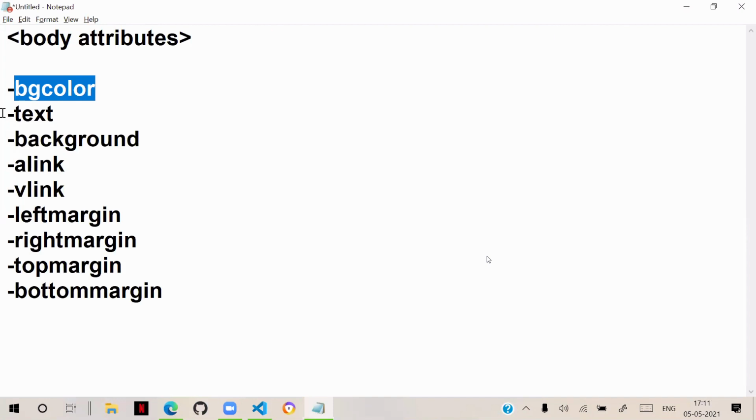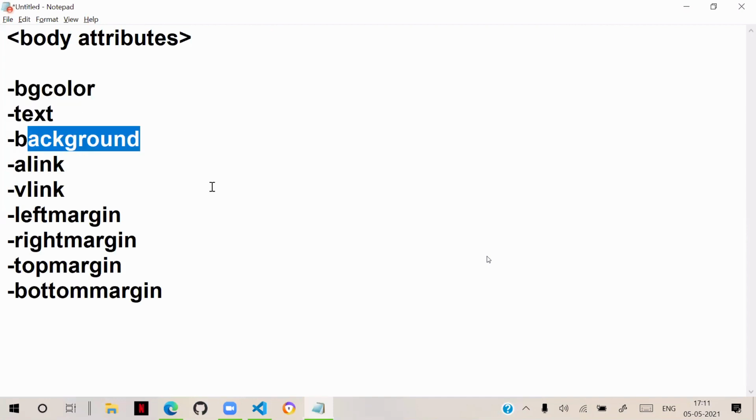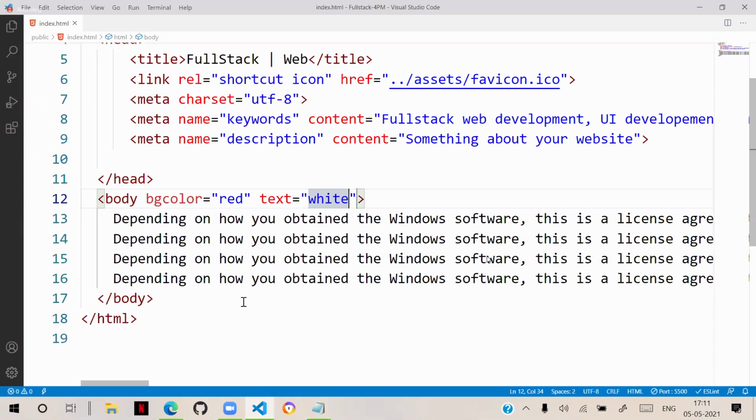Instead of color, you can put a background image. And this is very important in web development, remember: you can put any background image, but don't try to use the image's physical path. Never use a physical path. The physical path will not work for images, especially when you are running on a server.